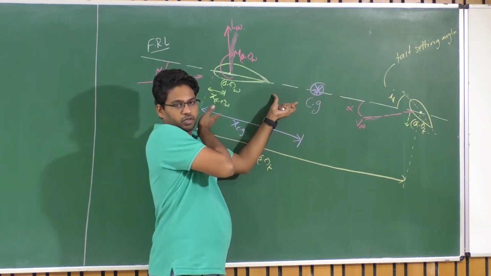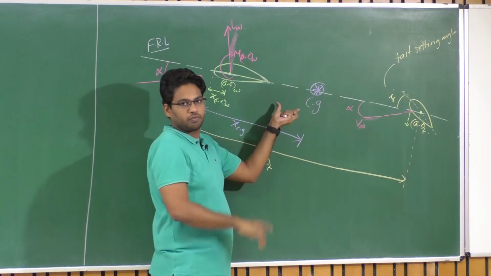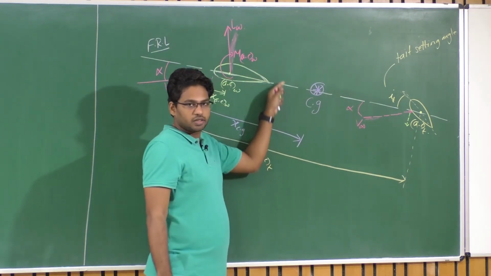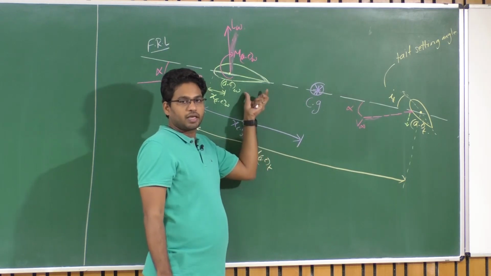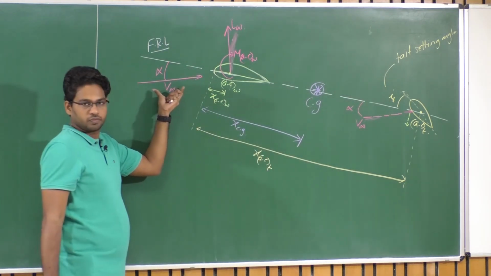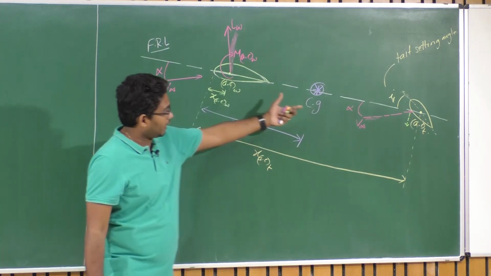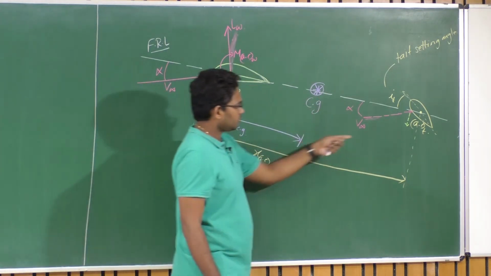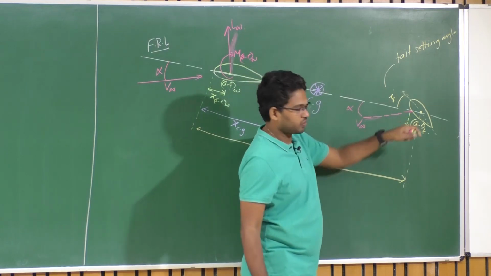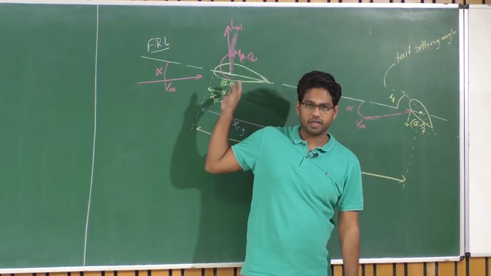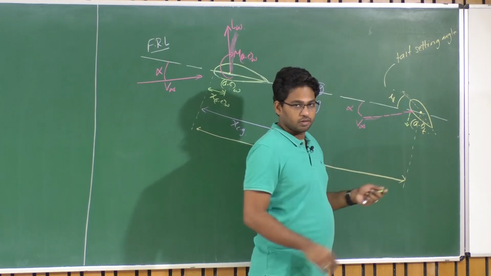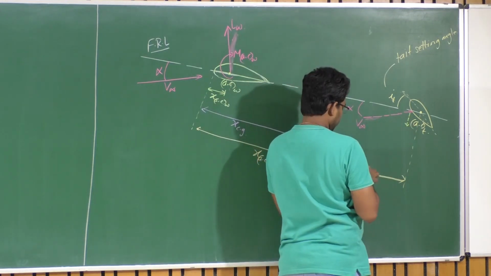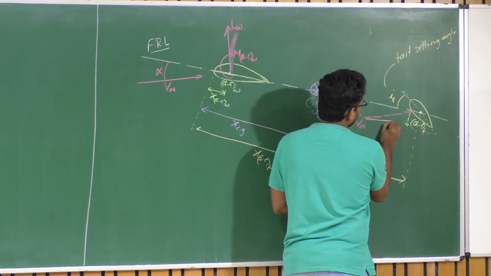Which means the free stream velocity is in the opposite direction to flight. So which is higher, so the resultant will remain flat, but still there is some deviation from the actual flow that the wing faces. Right? So deviation at the tail compared to that of what the wing faces. So that is nothing but the downwash induced by this wing at the tail. Right, say this is the downwash, because of which the resultant free stream velocity here will be flattened.